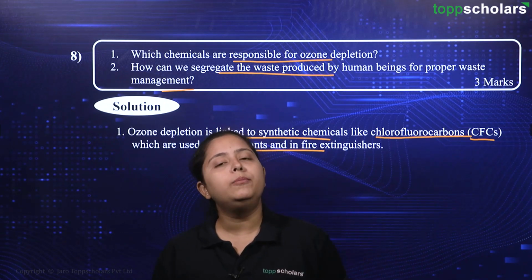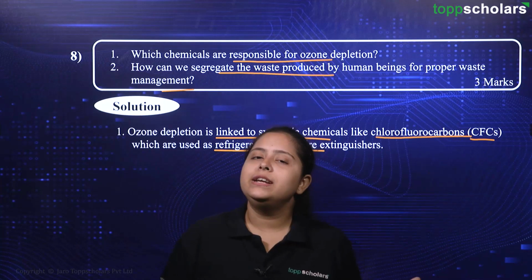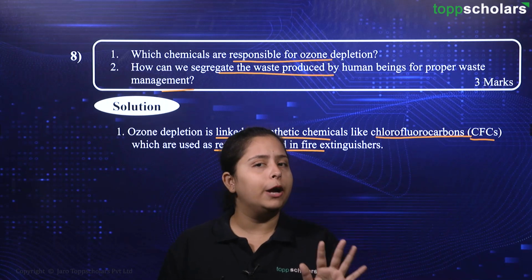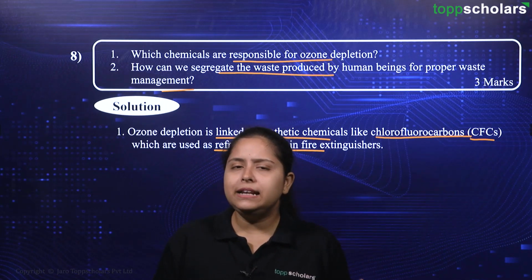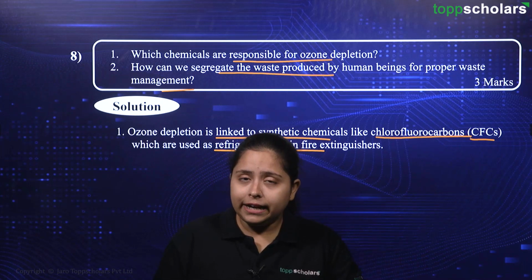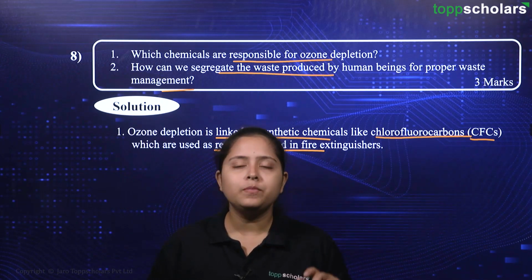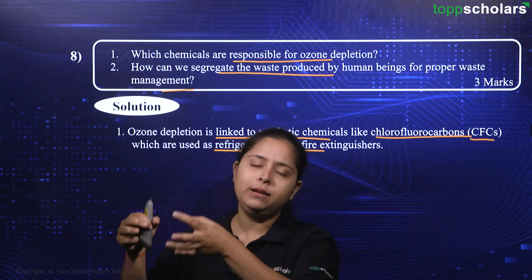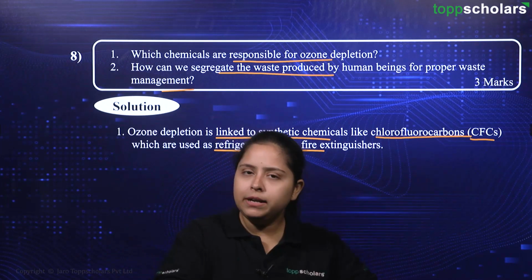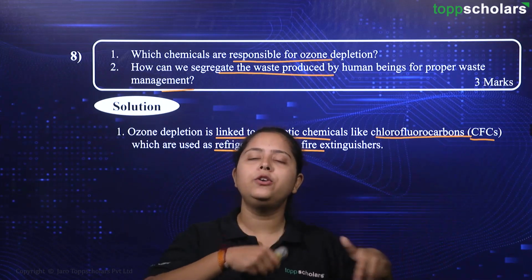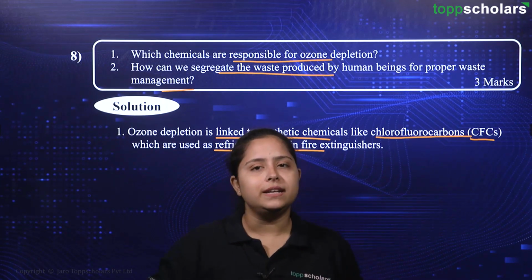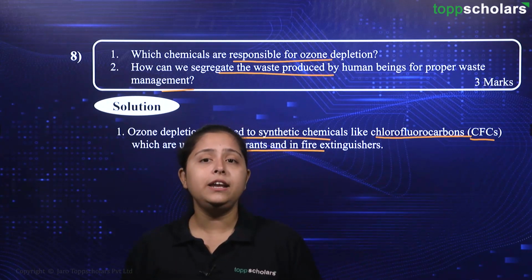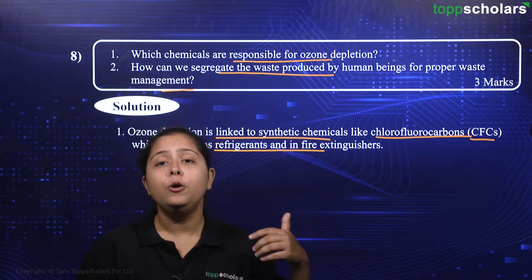Now let's talk about the components of your dry waste. In your dry waste, you have your wrappers, all of those things which are composed of plastics and other non-biodegradable things. Those things are not degraded by the organisms present in the environment. Hence, we are supposed to separate them out. We deal with the biodegradable waste by dumping it in the soil and covering it with some soil, and then the microorganisms will degrade those things. Compost can be formed from that waste. So these are the ways in which we can manage the waste that is being produced.